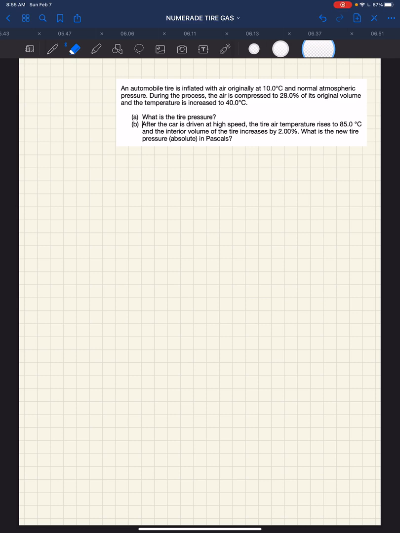In this question, there are a number of things for us to be thinking about that are important for us to employ in every type of problem. First thing is we're given temperatures. We're being given information about pressure. We have a volume, compression, and expansion, and we have a variety of units. So we want to not only visualize what's happening, but also make sure that we're not getting confused with the different units,